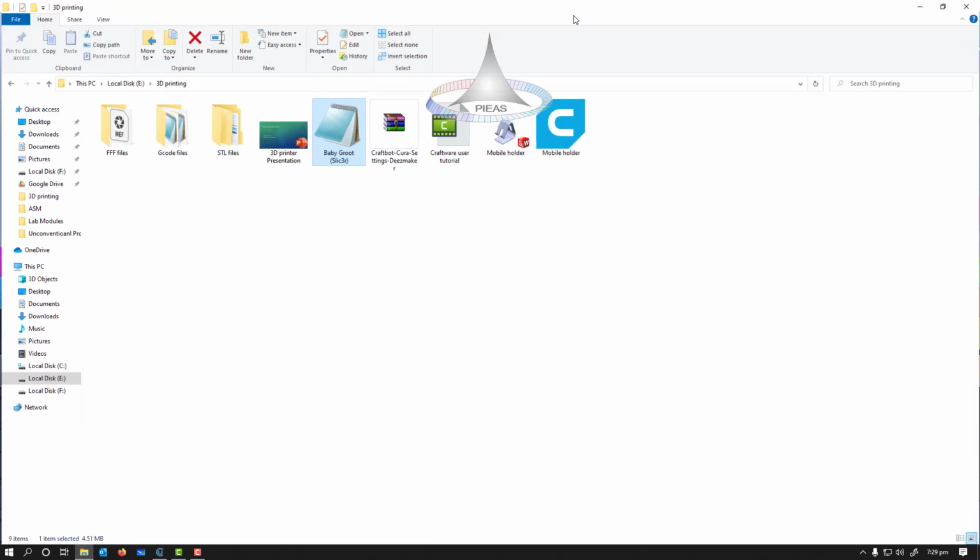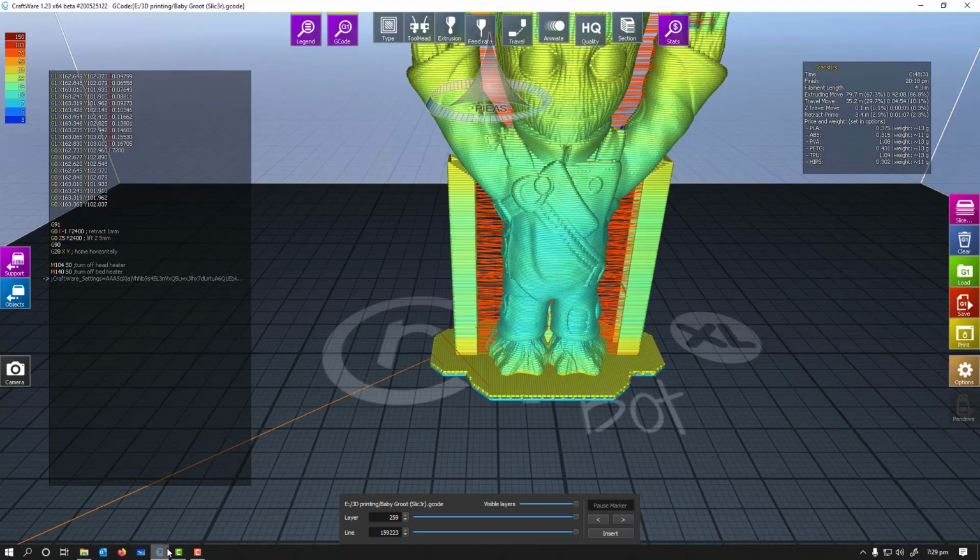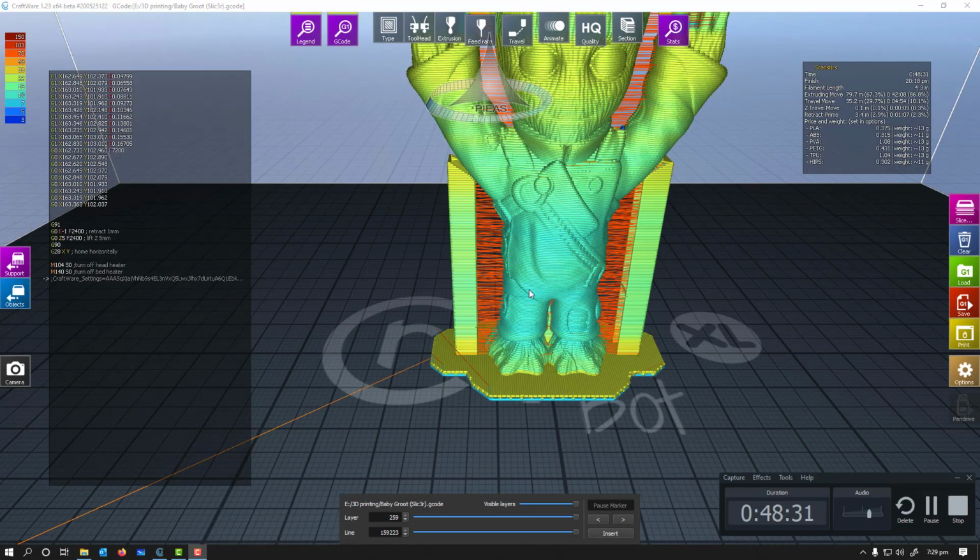Now remember that in your assignments, you are going to follow these instructions as I taught you, and you are going to print any part. Specifically, you can choose from your project.